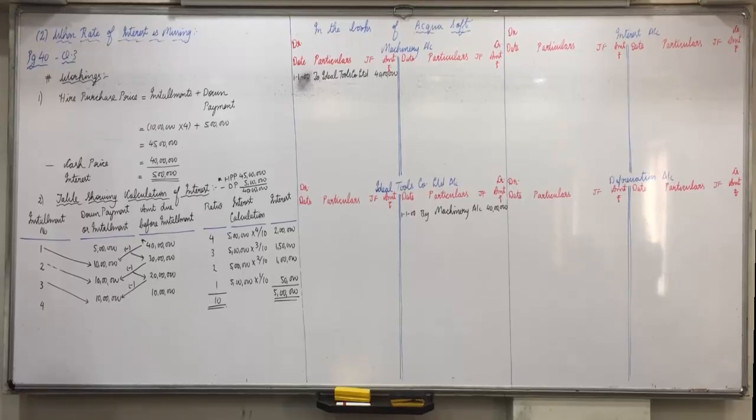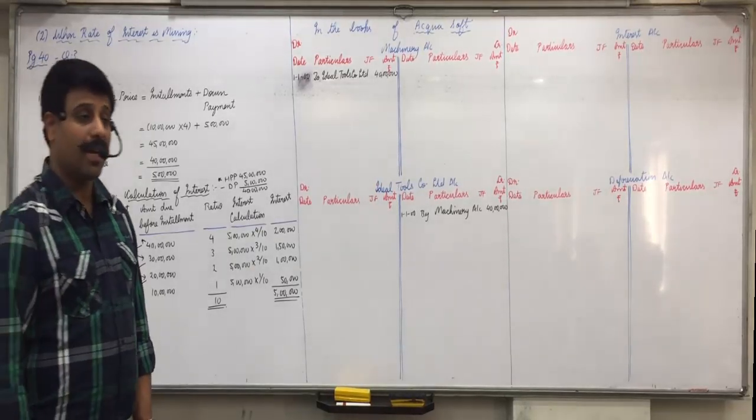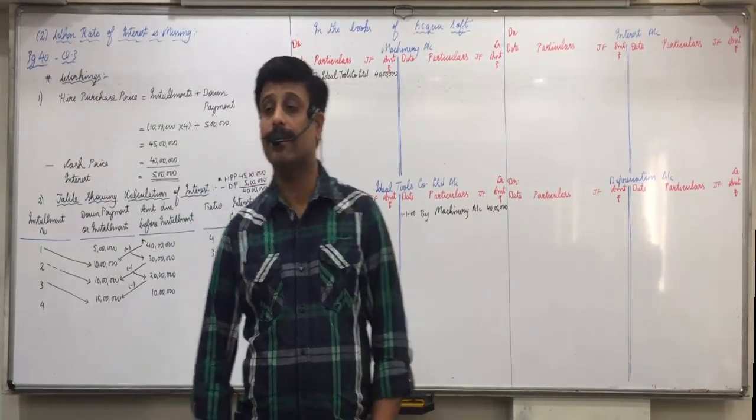Purvi, second transaction and its entry. You can refer to the entries we have recorded. What is the second transaction and what is its entry? Ma'am? I said you can refer to the entries we have recorded. You can refer to the summary. What is the second transaction? Down payment. What is its entry in the books of buyer? Mayank will tell that. Yes, ma'am.